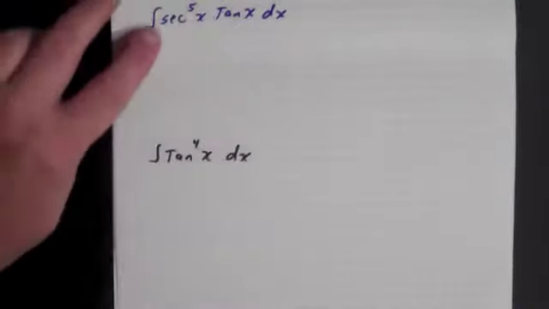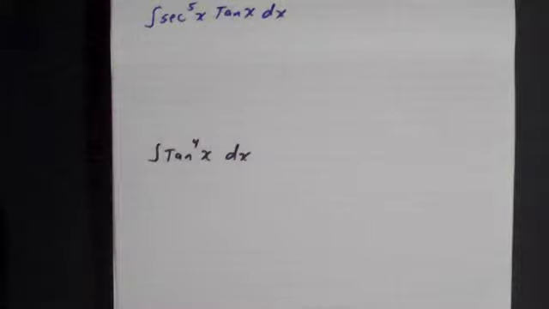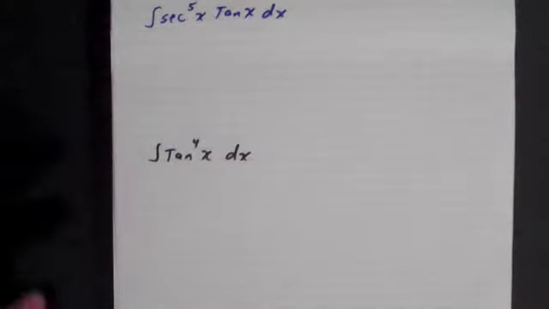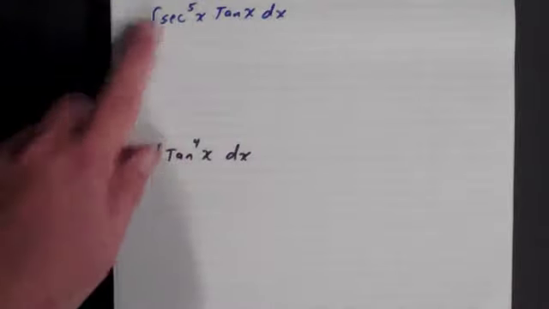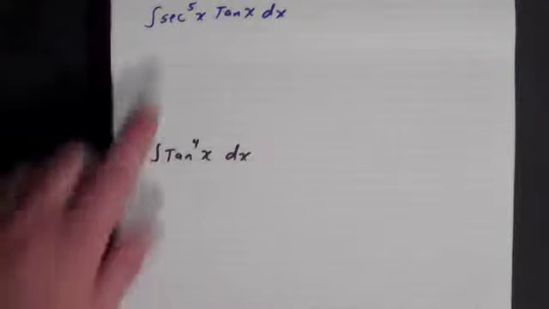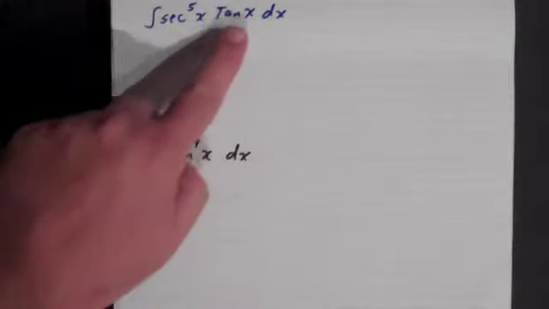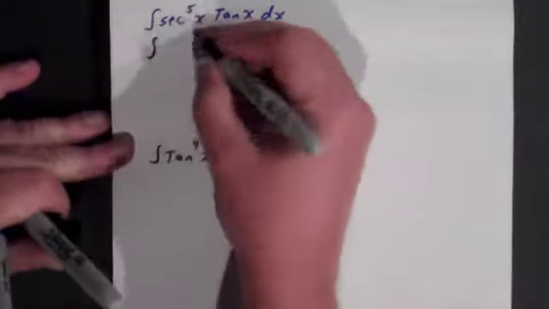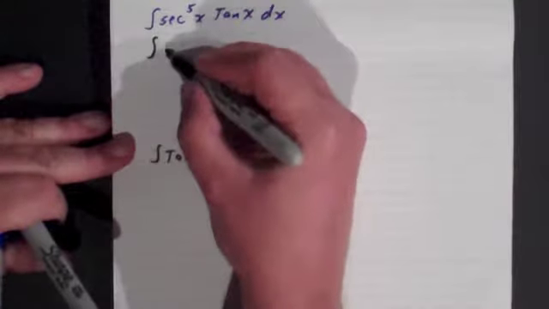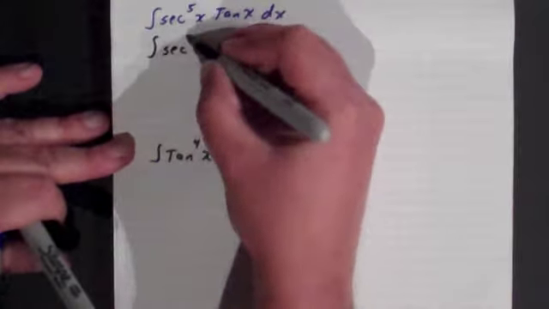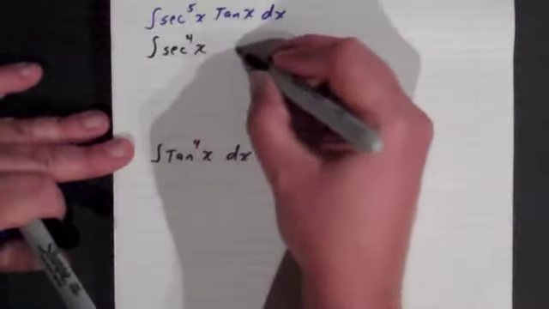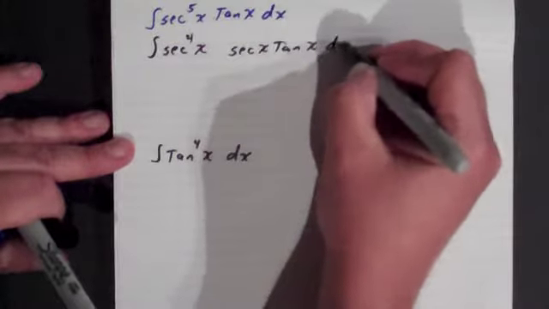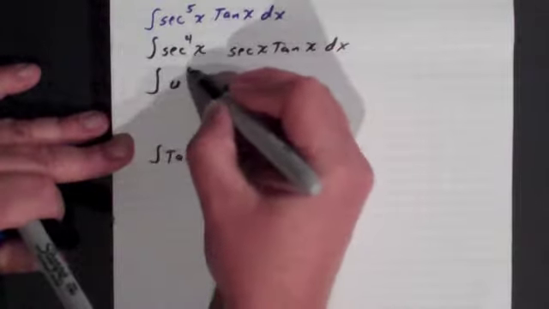If we look at ones like this, secant to the fifth tangent, you may have to realize that the derivative of tangent is secant squared. It's hard to get a secant squared. You could break it into secant to the third and secant squared. But the derivative of secant is secant tangent. I have a tangent, so if I pull off one of my secants, you do this fairly often when secant is raised to an odd power, it would be secant to the fourth times secant. And then I believe I would have u to the fourth